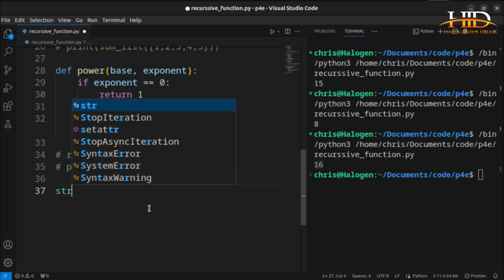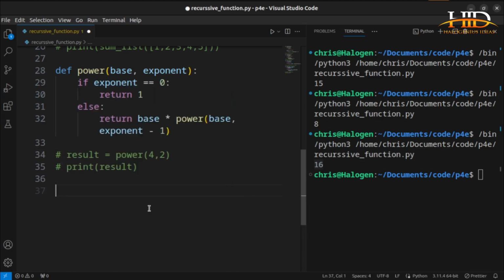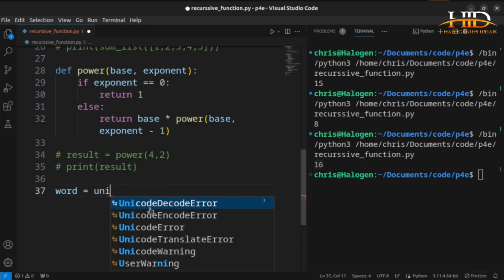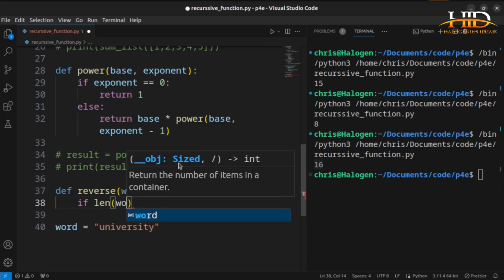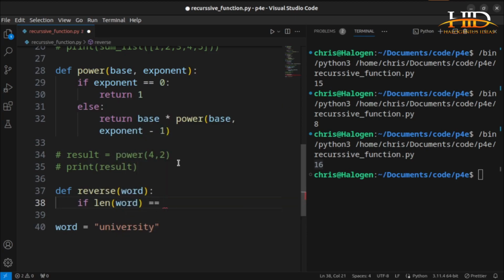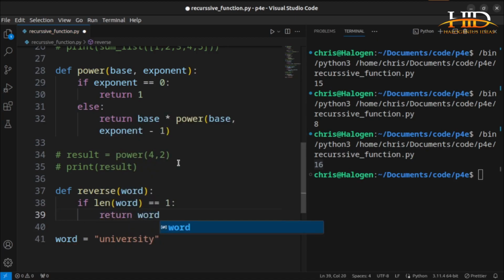So let me say string, no, or let me say word equal to university. So I want to reverse university now. This is supposed to be a string. So I can just say def reverse and now say word. Now what I will say is if the length of the word equal to maybe 1, return word. Okay, else